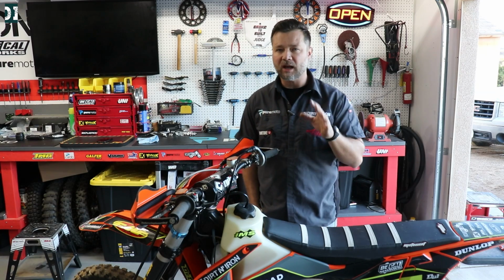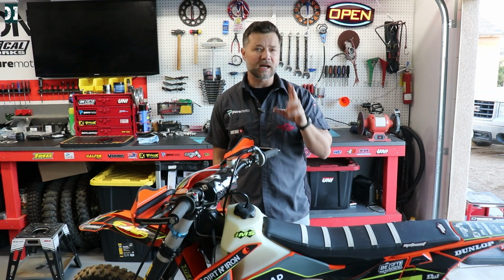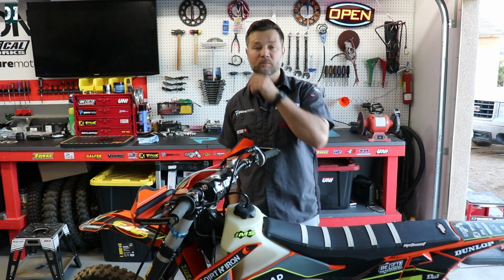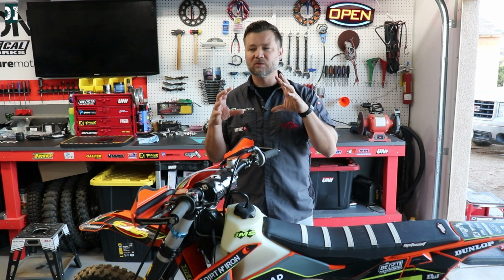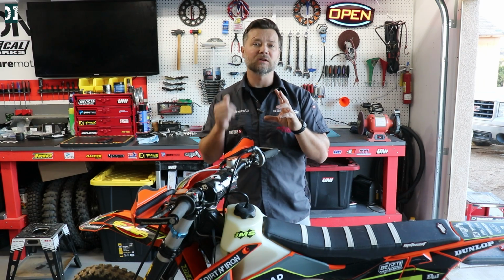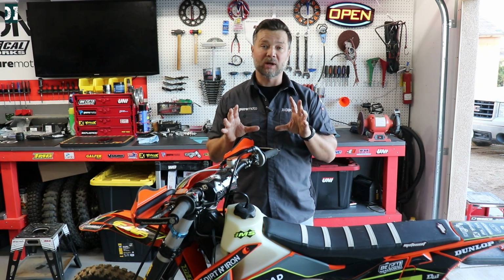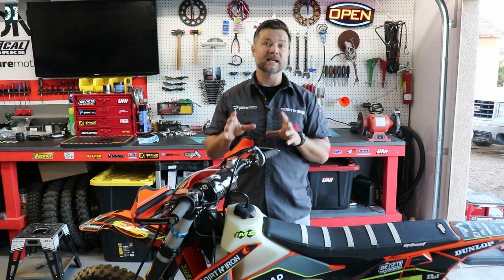This Lectron Big Air with an Excalibur rod feels pretty dang good. I think I can compare it to Keen. Previously on the older Lectrons, they felt good, but they were a little bit more mellow, I would say. So if you have a good jetted Keen, the Lectron will have considerably less punch, especially on the bottom. Now with this carburetor, I think it's very comparable. I don't think it's a huge increase in the power, but it's not less than Keen, and that's a